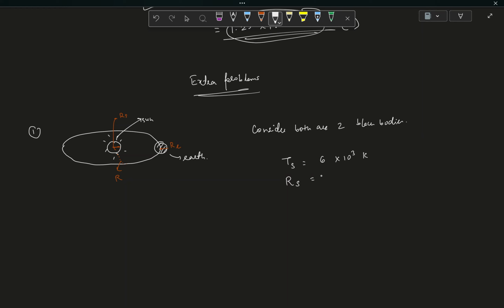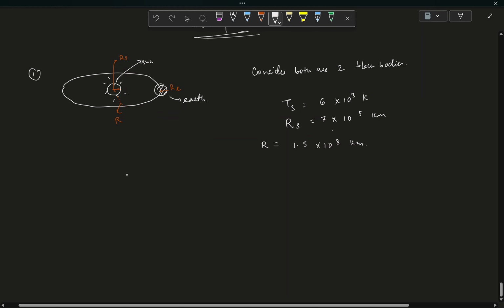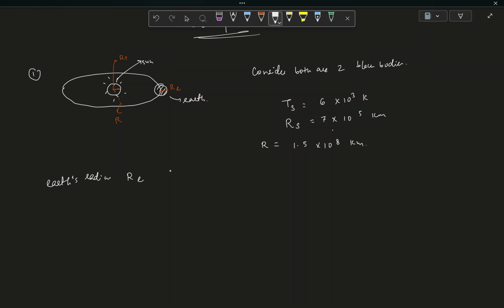And the radius of the Sun is given as 5 into 10 to the power of 5 kilometers. The radius of the orbit in which the Earth is moving around the Sun, capital R, is given as 1.5 into 10 to the power of 8 kilometers. This is the information given to you, and I also mentioned that the Earth's radius Re is very small compared to the radius of the orbit. Now based on this you have to find out